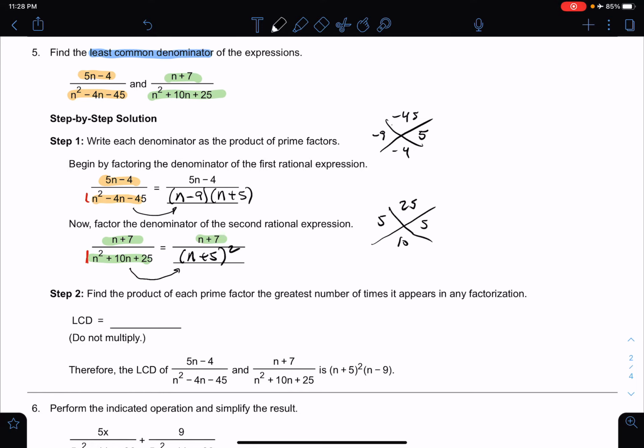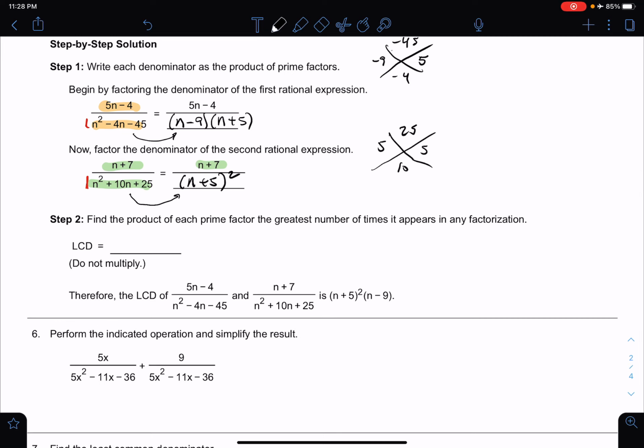Next, find the product of each prime factor the greatest number of times it appears in any factorization. Yeah, I could think of better ways to say it than that way. I think I'm going to show you how to do this in a couple different ways just to try to get more people to see what's going on. So basically what they're saying is,